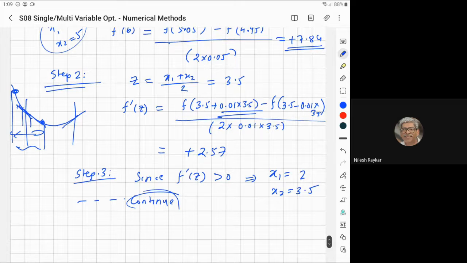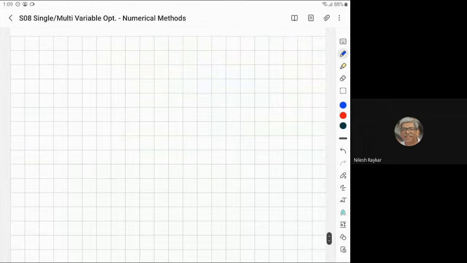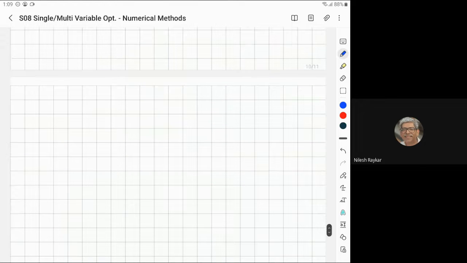Now, all these methods are limited to single variable functions, whereas all our real life problems will be multiple variable functions. So how to apply these methods to multiple variable functions? That is what we will see next. That is more practical use. I'll just give some clues, and you should be able to tell me how to do it.